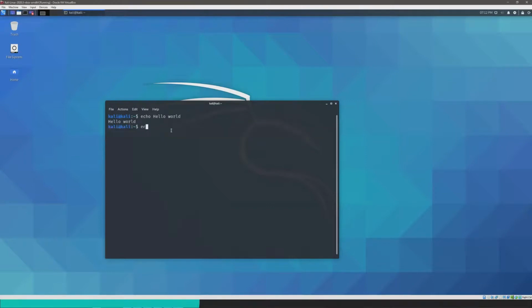Like I said, it's not very useful to just say hello world in the terminal. Like, what's the point? In bash scripts, you would be using it, because if you're automating tasks, you want to print out to the user that this task has been completed. And you can do that by including echo and then the text that you want inside of your bash script.